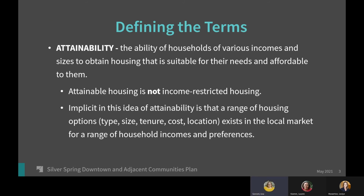Let's start with some basic definitions. The first term we'll define is attainability. Attainability is a relatively new term to both the housing policy world and the Montgomery Planning Department. We have typically in the past focused on affordability, which we'll discuss next, but it's generally a measure of whether or not a household can afford to live in a housing unit and how much of their income goes to housing. We recently introduced this concept of attainability in the housing chapter of Thrive Montgomery 2050, Affordable and Attainable Housing,